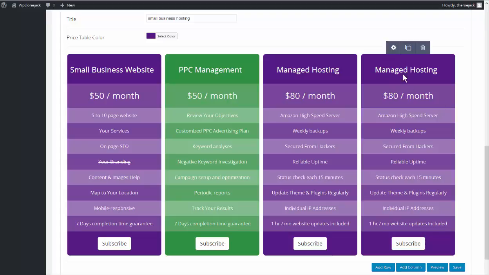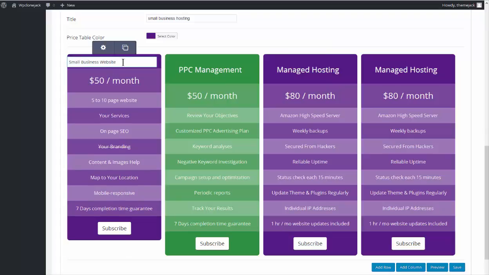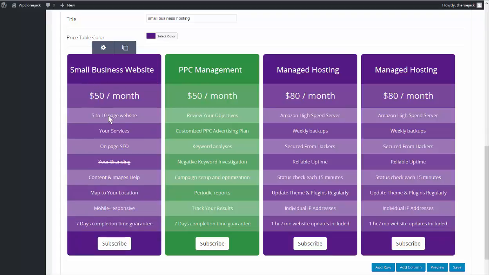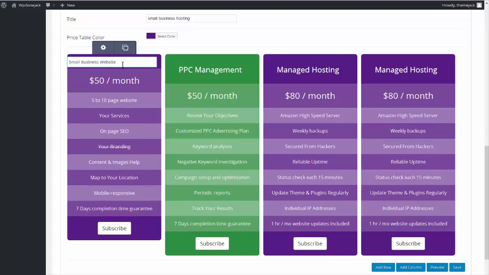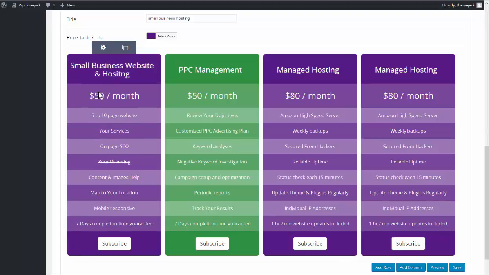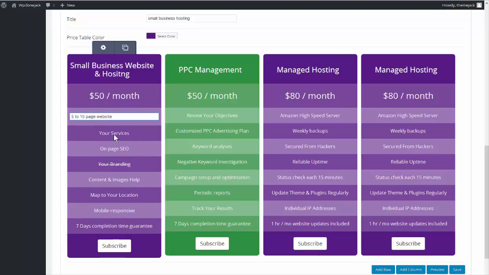And then say I want an additional column. I click on the clone, so I now have an exact duplicate of this column. And now when I click on any of the sections that have text in them, I can edit the text. And I think I'll leave that website and hosting. Okay. $50 a month. Okay, and you can add details of the services that you will provide and change any of